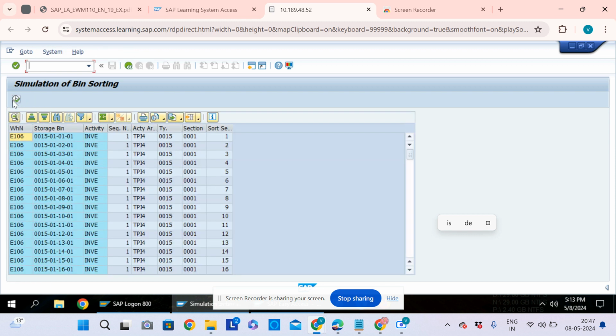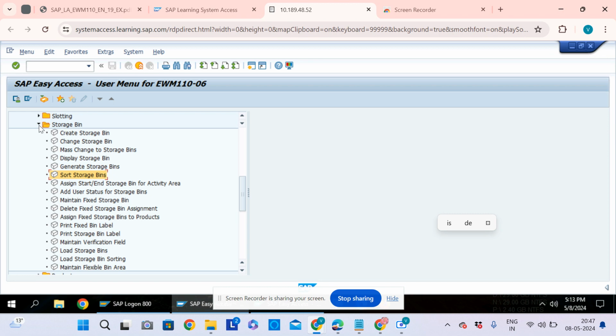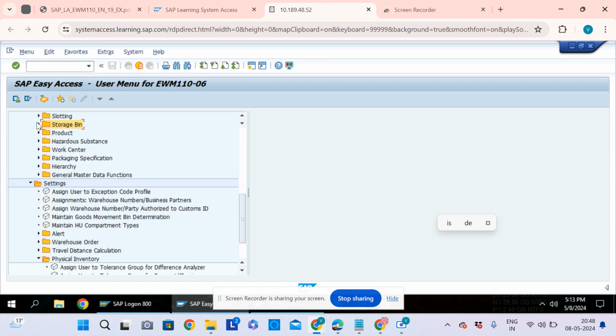When we run this, we'll get the simulation of bin sorting in a sequence, and after this we will be running, and that says that sorting created successfully, so this activity has performed. And after this we have to perform